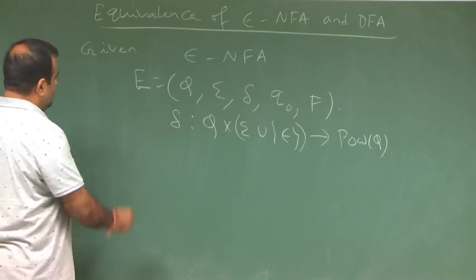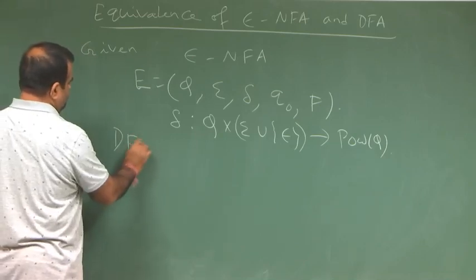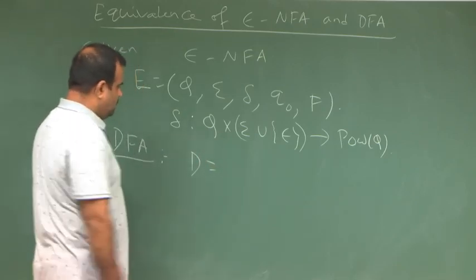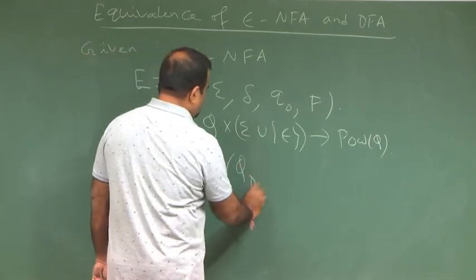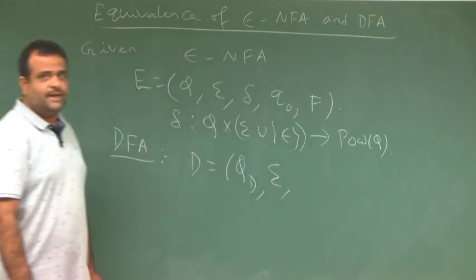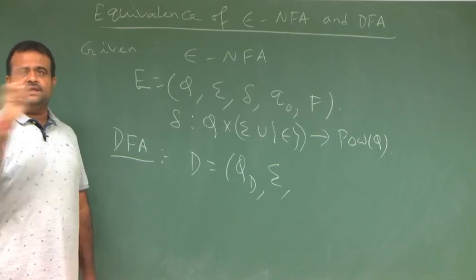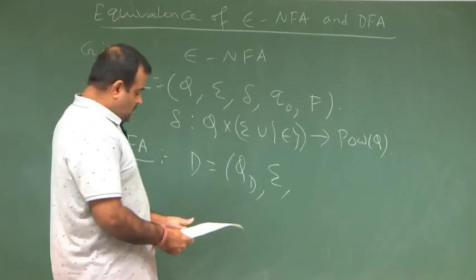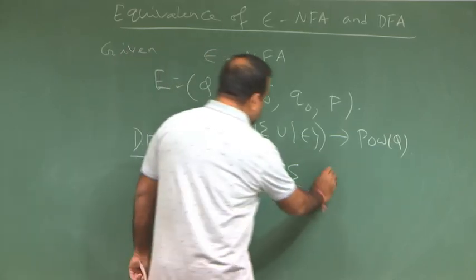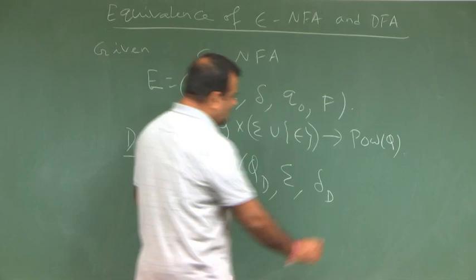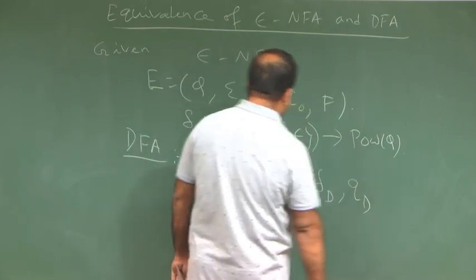So, given this we have to construct a DFA. For the DFA we write this as QD, sigma will be the same because our input tape is the same. We put everything in the tape and then we keep on reading the tape one by one. So, this is the same, the rule will be changing because this QD is changing and obviously the starting state will be changing